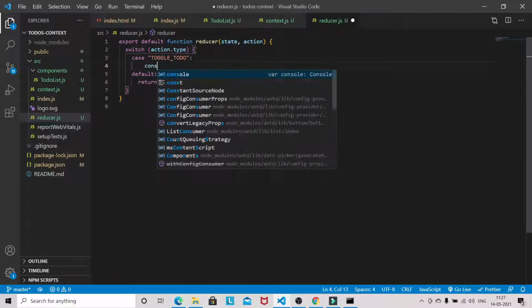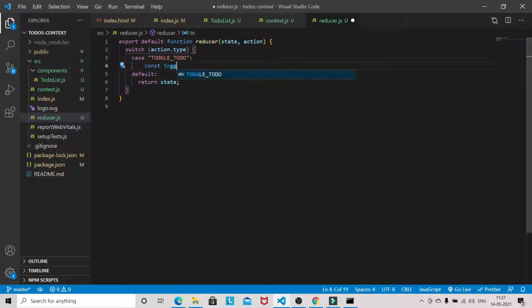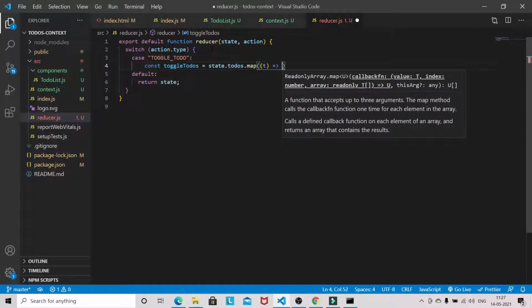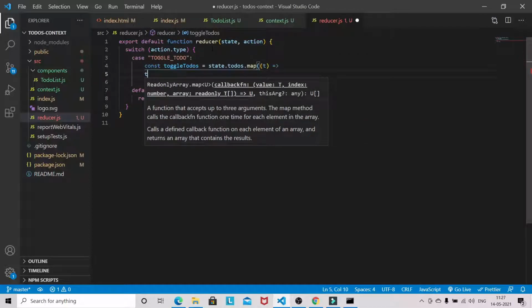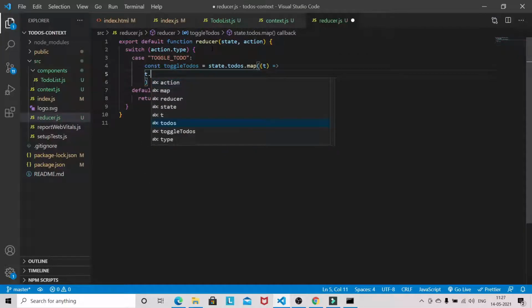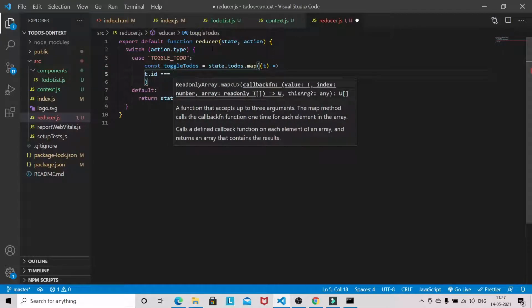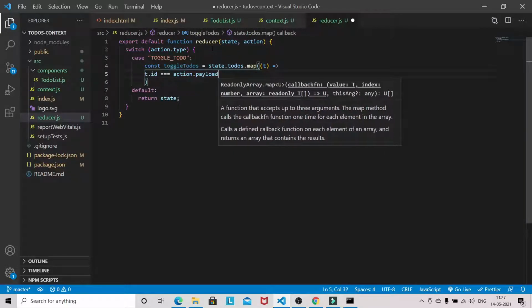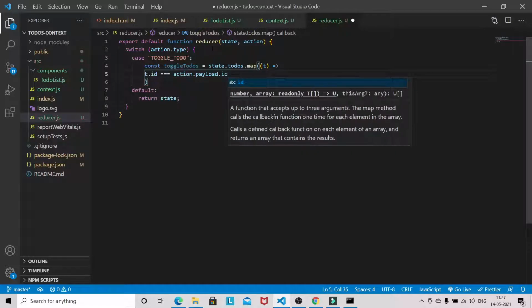Now const toggle to do is equal to state dot to do's dot map, t dot id, action dot payload dot id.